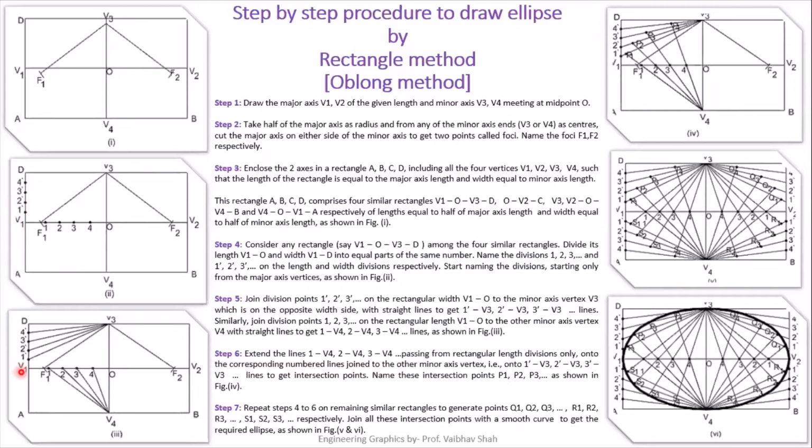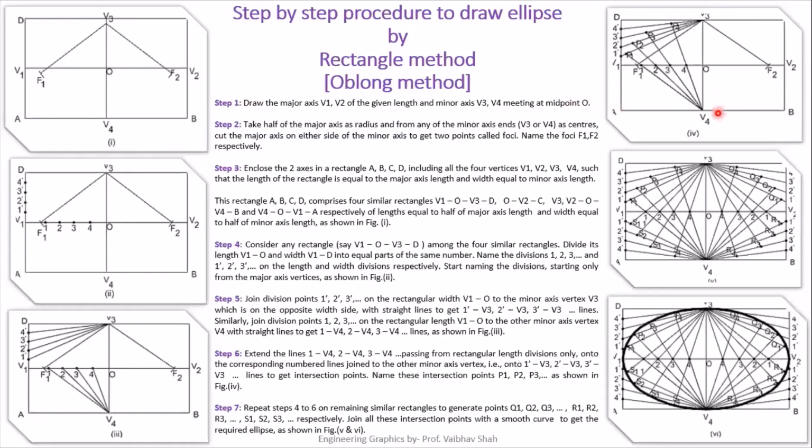In the next step, we'll connect the points 1 dash, 2 dash, 3 dash, and 4 dash, each of the points, to the vertex V3. So let us join 1 dash to V3, 2 dash to V3, 3 dash to V3, 4 dash to V3. Next step,